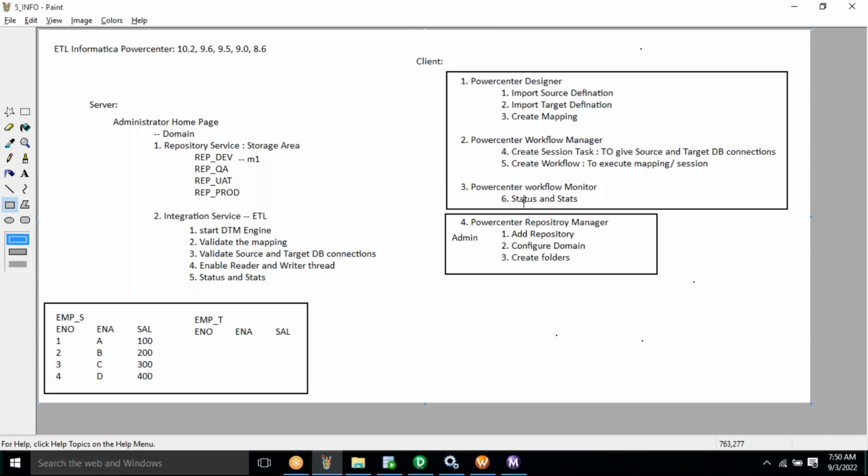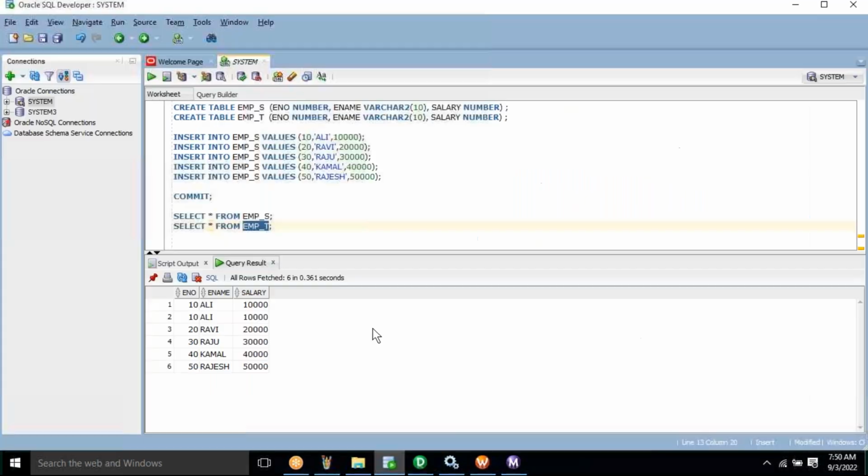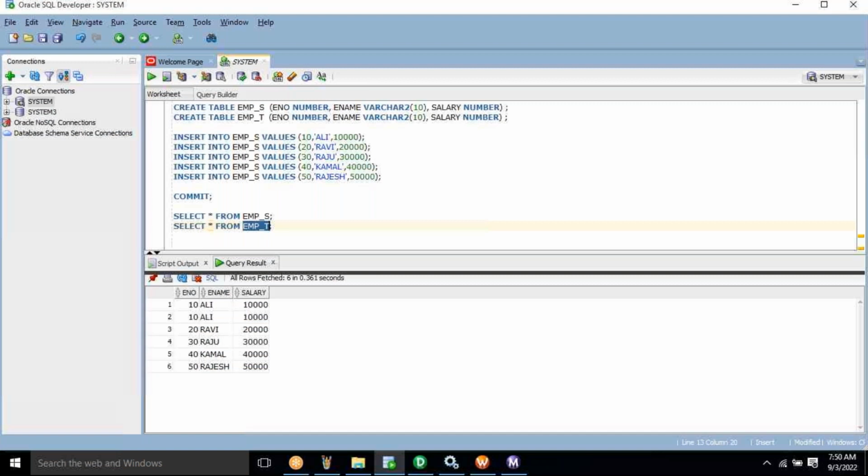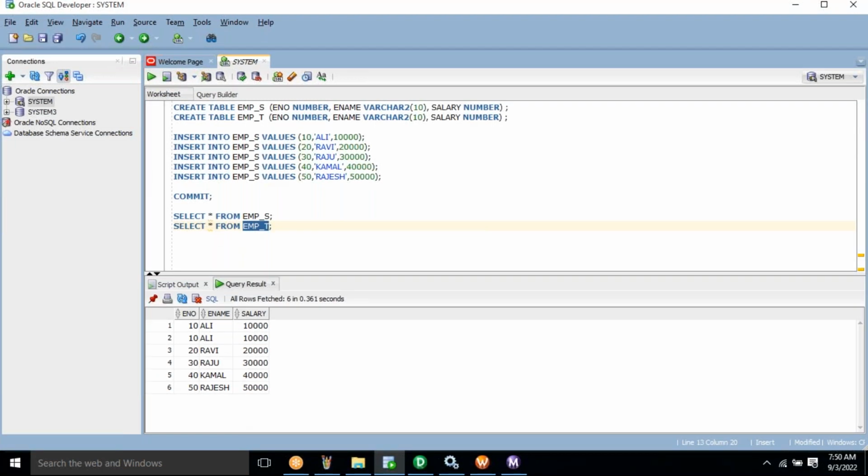From the next class onwards, the same thing I'll be explaining here. Practically I will be showing, and you have to practice in your system after the class, right? So this succeeded once you are able to load. Okay, so next step what you have to do, whatever we have done now, the same way you have to